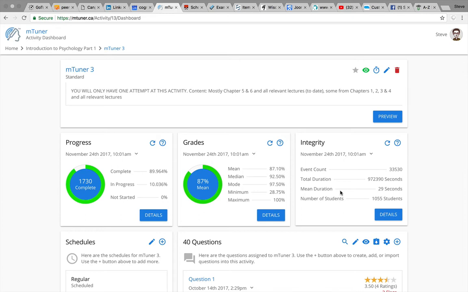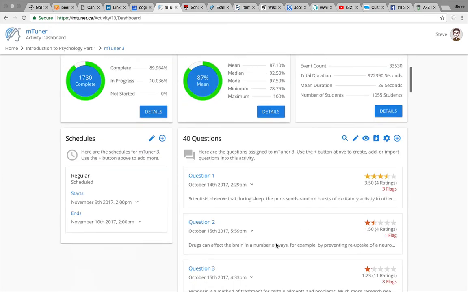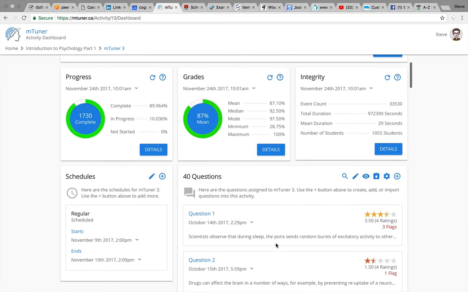So it's more of an information thing sent back to the professor. Okay, now in this activity, we've already got some questions created, but part of the tool is a question creation thing. So I'll just give you a sense. I'm not actually going to add this question because this is an active activity, but I'll give you a sense. So I could create a new question,